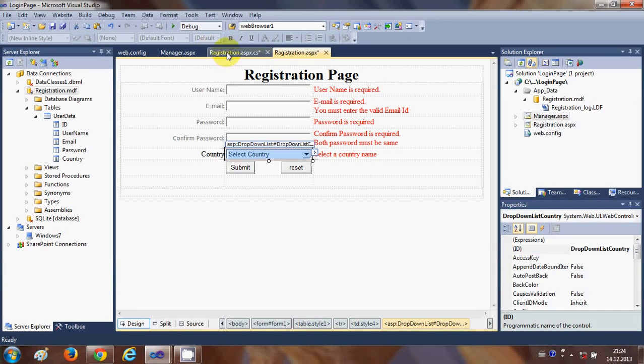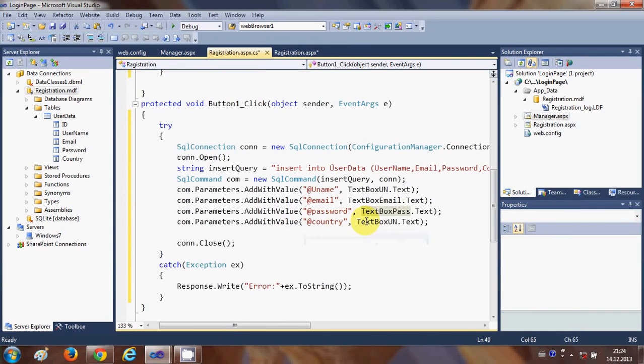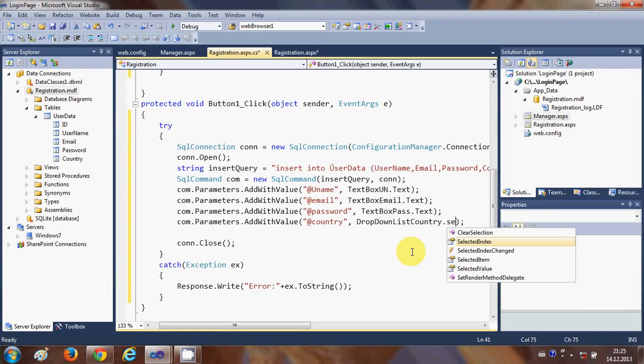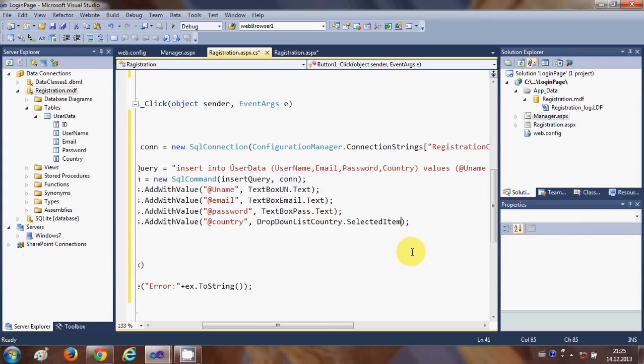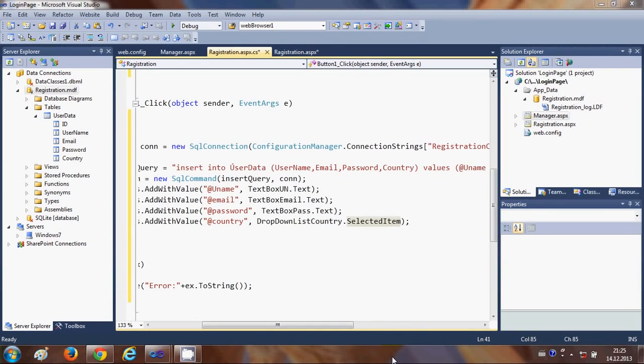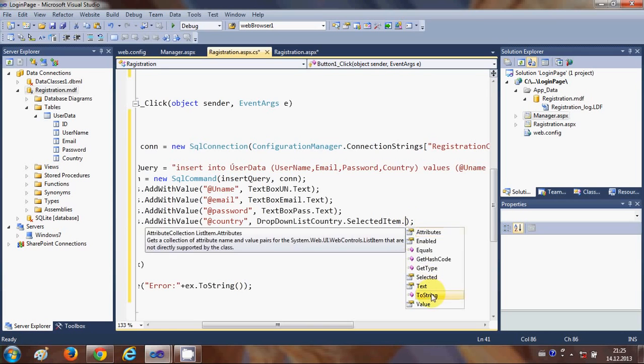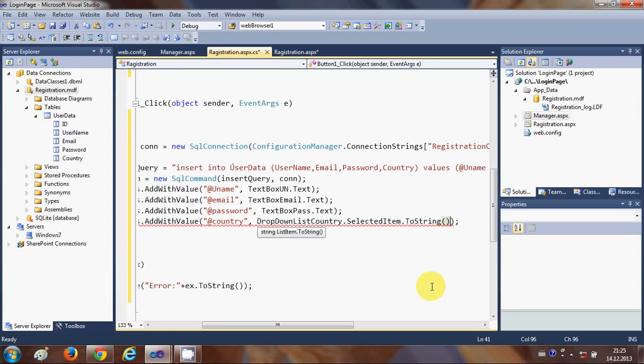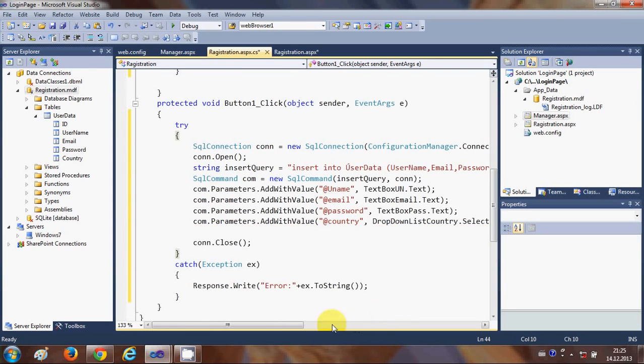And fourth was our drop down menu, I beg your pardon. So just copy the name of the drop down menu and go here, and in front of the country just delete this, and we will write drop down menu dot selected item dot toString. Okay,